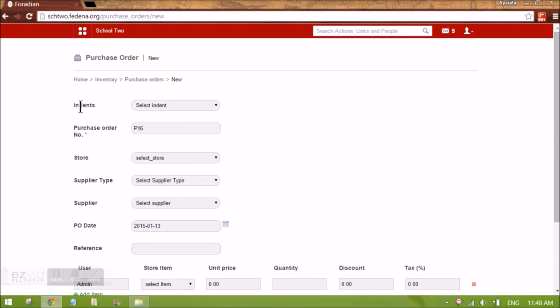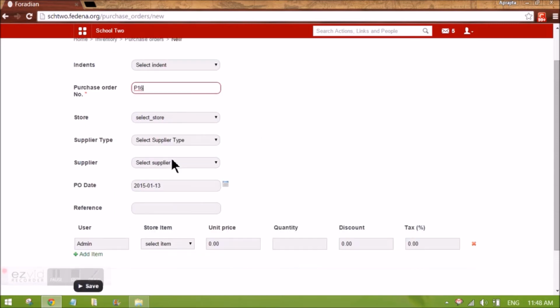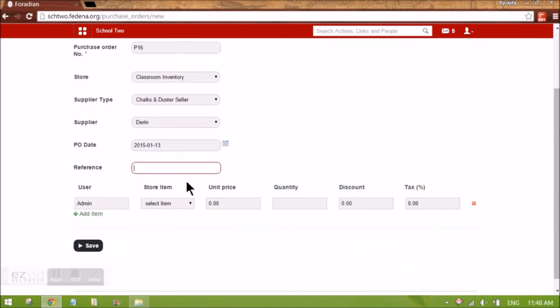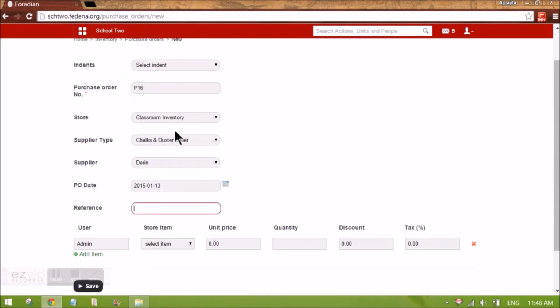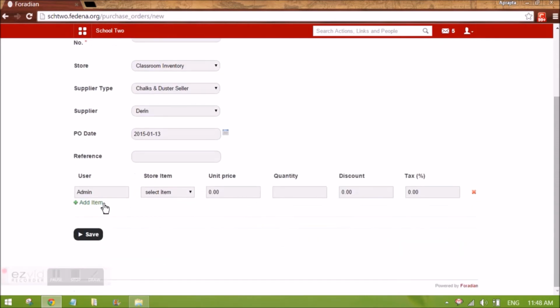Otherwise, you can just not select this indent option here, and the purchase order number will automatically appear. I need to select the store, and I need to select the supplier from which I want the chalks. If this reference is any person who is pointing out the insufficient quantity in your store, you can mention that reference here. It can be the name or the phone number of that employee or person, and then the item that I want and the quantity that I want. So I want 100 more chalks so that I can have 900 back in my store, and I can mention the